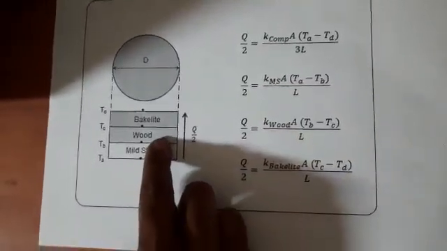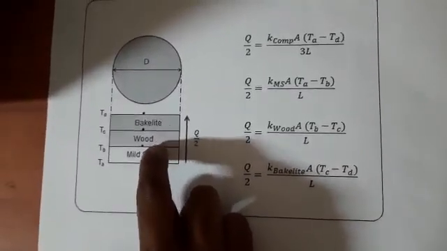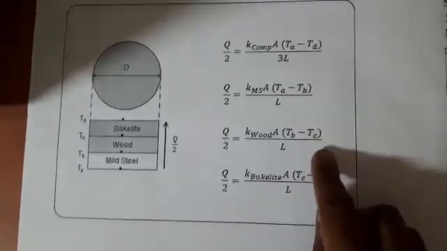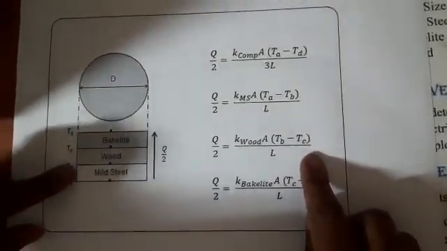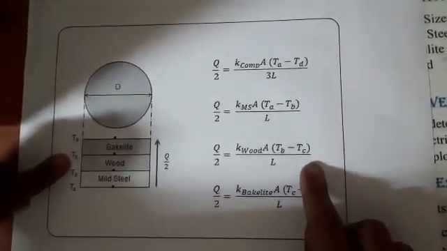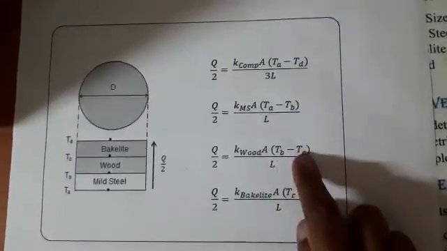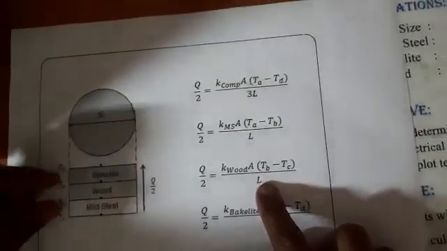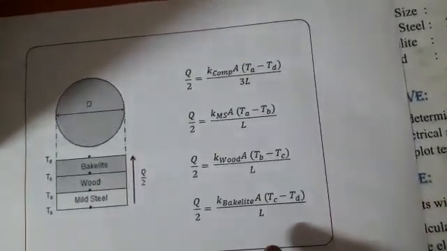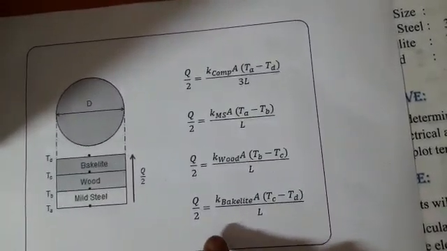Similarly, you can apply the same expression for wood. So, Q by 2 is equal to the conductivity of the wood into area into delta T across wood. The inner surface temperature is TB, the outer surface temperature is TC. So, you have that delta T divided by the thickness of the wood, which is again L. Similarly, you can also obtain the conductivity of bakelite, which is Q by 2